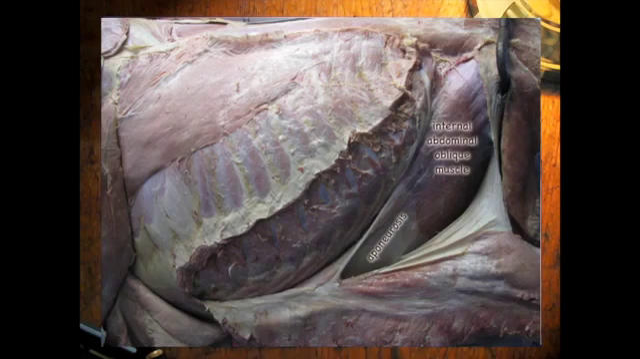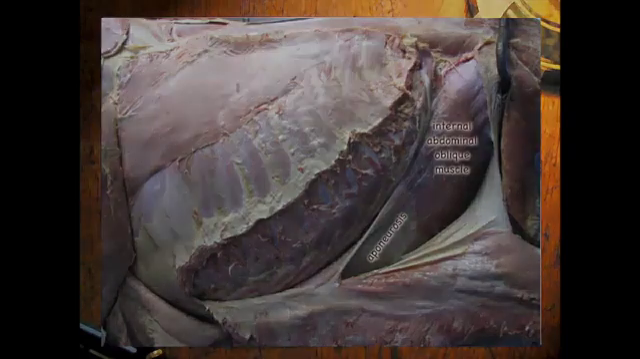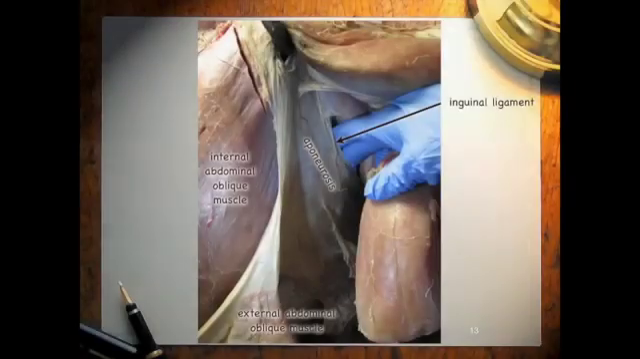We find that ventral to the origin of this internal abdominal oblique muscle on the inguinal ligament is the slit known as the deep inguinal ring. The deep inguinal ring is bound cranially by the edge of the internal abdominal oblique muscle, caudally by the inguinal ligament. And so we have then created an inguinal canal, basically going from the deep inguinal ring to